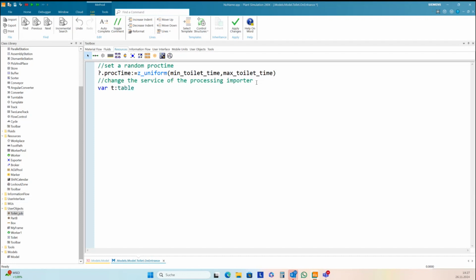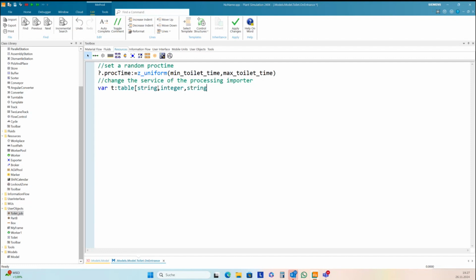And the service table has 3 columns. The first type is string. The second column is integer. The first is the name of the service. The second is the quantity of the service. And the third column is the name of an alternative service.